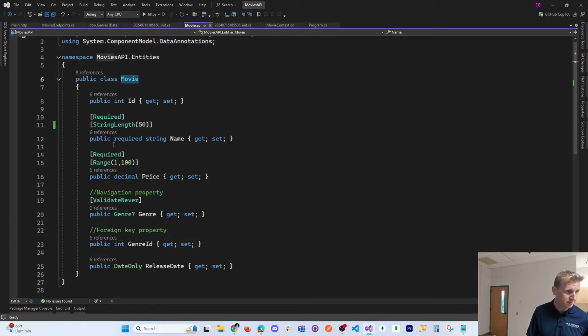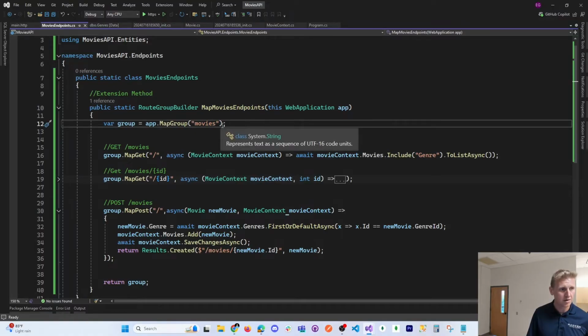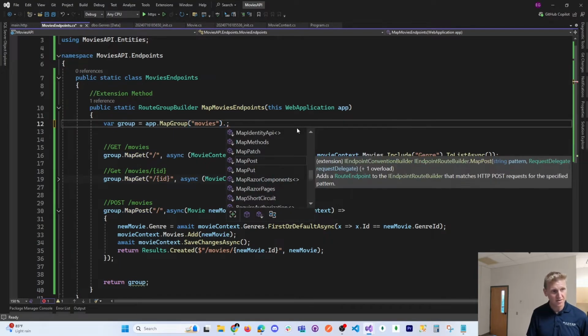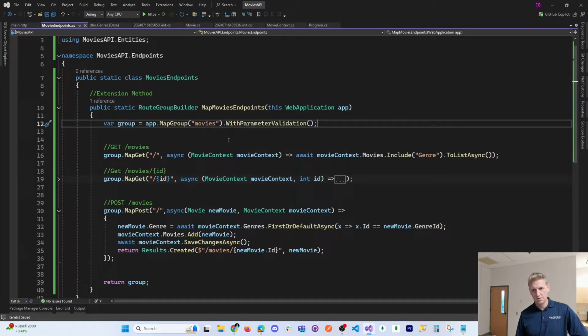Because movies, you know, we had these different required fields, is to go back into our movies endpoints. And here on this line right here, this will add validation on all of our subsequent methods. We're going to call with parameter validation. And with that,